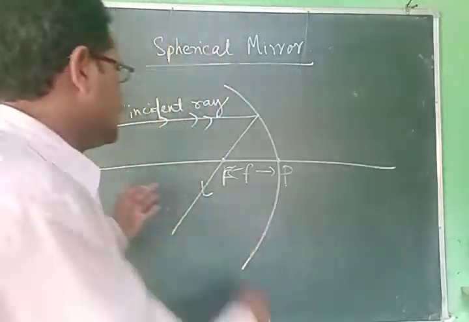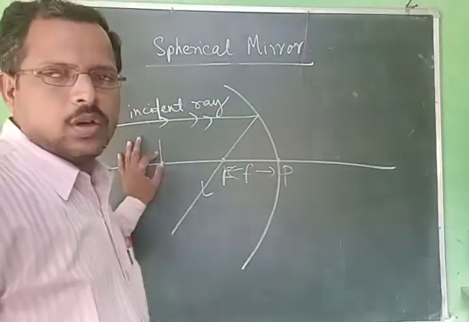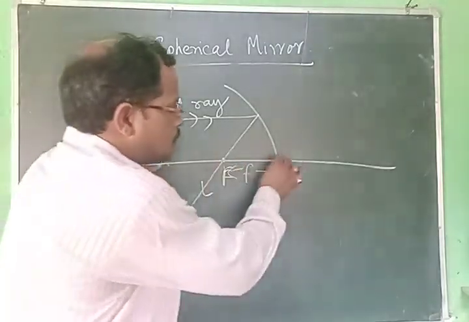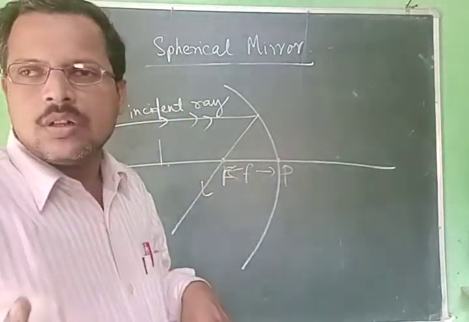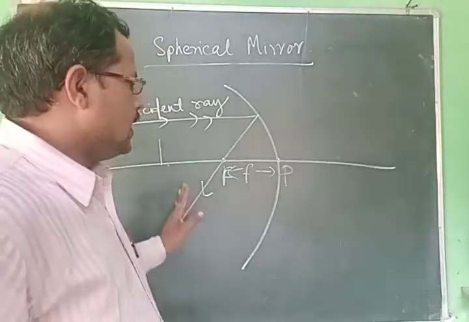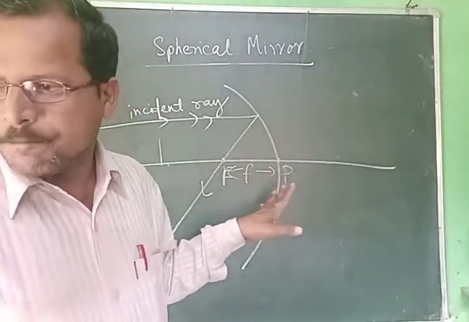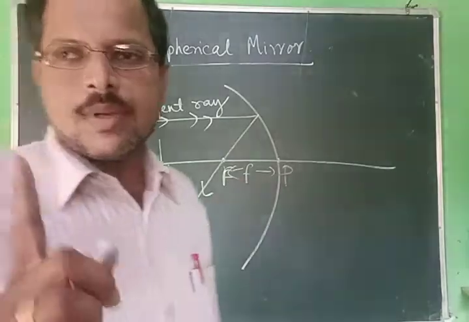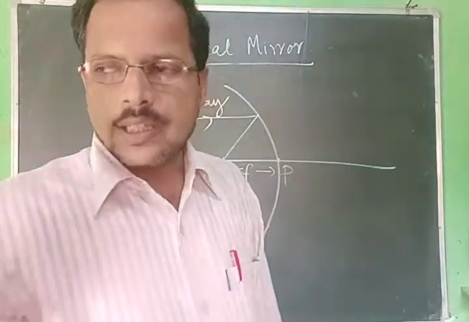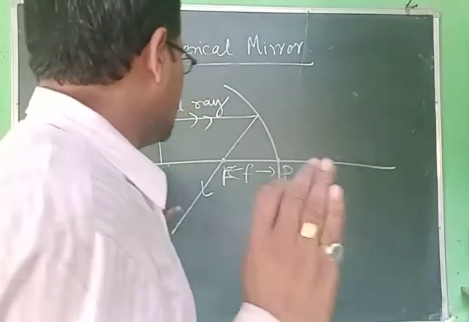Okay. Suppose here is an object. The distance from the pole to that object is called the object distance, and as it is on the left side, it is to be calculated as negative. That is known as the sign convention, which we will read later on. Don't go to that right now.